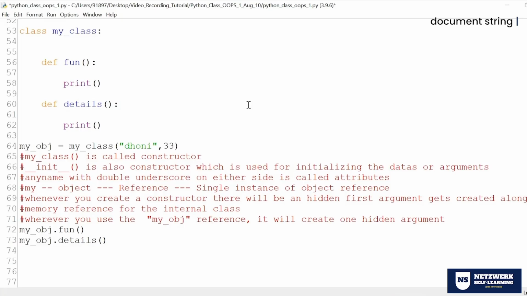Well and good. So instead of management giving the books to my student directly, I'm stopping them. I'm telling my management, don't pass any material to the student directly, give it to me. That's what is happening at line number 64. Your class is trying to construct the data that is needed for your functions. So as a class teacher, I'm trying to take Dhoni and 33.